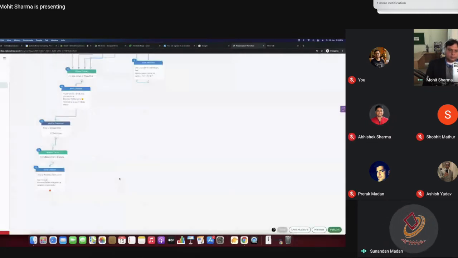But if in the user input, let's say you ask them to share the location, but someone uploads an image instead, are you checking that also? It's a location, not an image, so it's not the right input. Yes. When you have selected has a location, it will take only a location; if you select media, it will take only media. And media can be photo, video, audio, all the different types? Yes, all the different types.